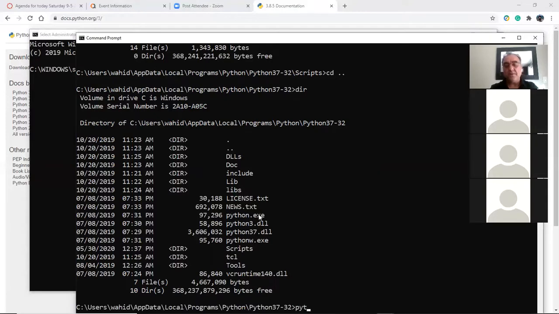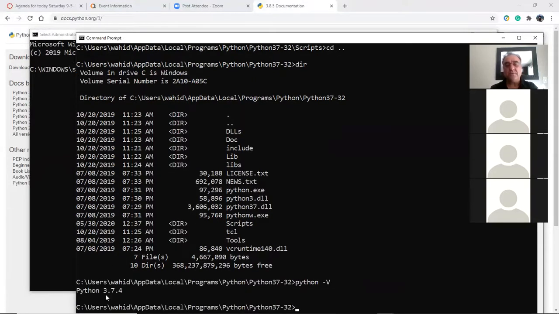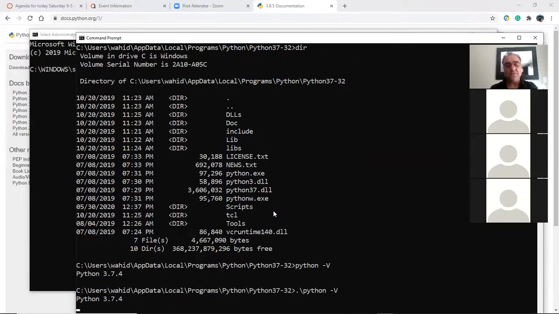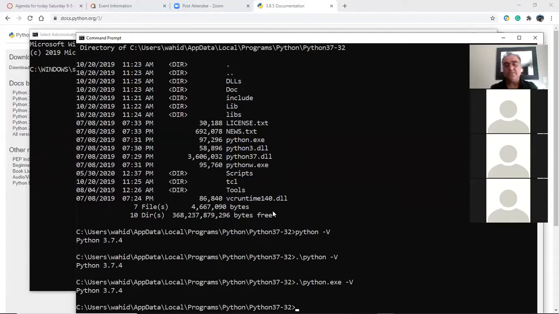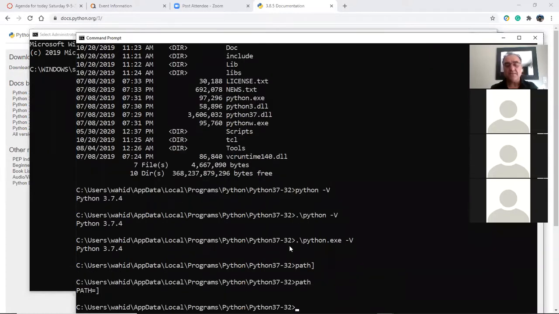Python.exe, if I type in python -v here, this is going to show the previous version, 3.7. So if I do /python and -v, it will say the same thing. And then if I do .exe, I'm saying relative to this path that I am, make sure that you run that one. But since I am on this directory, my path